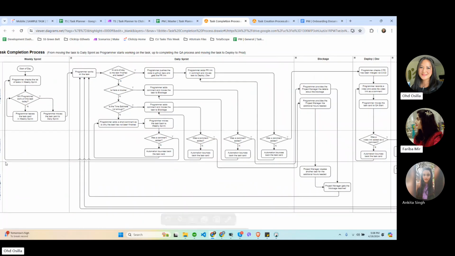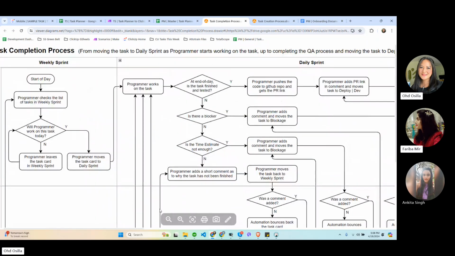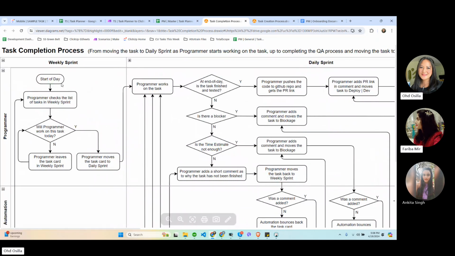But you can go through this diagram and let me know if there's anything that's not clear. Basically, this takes the task from weekly sprint, and shows the options for the programmer on what to do after they move the task to daily sprint.